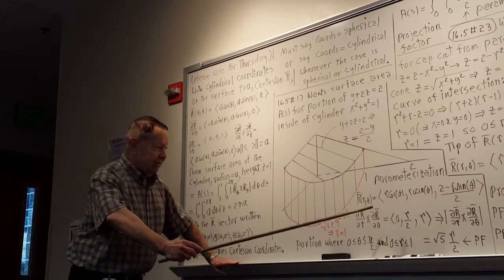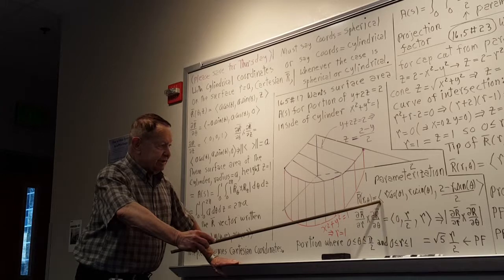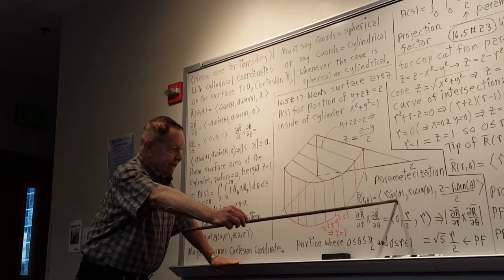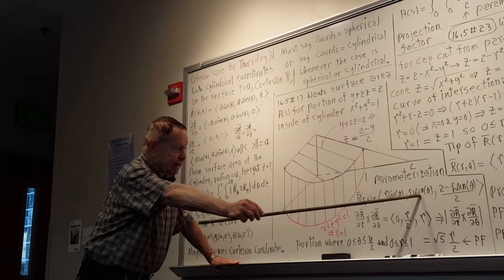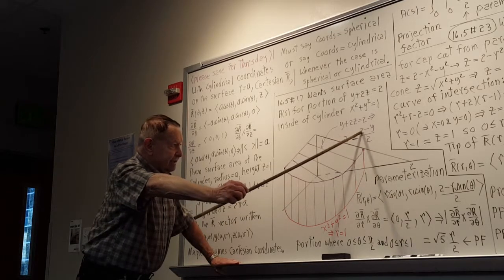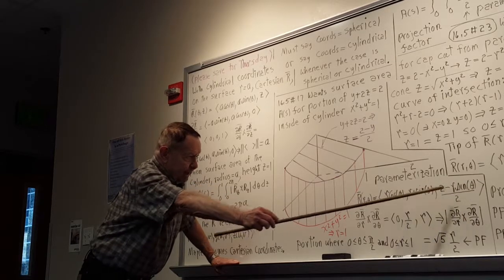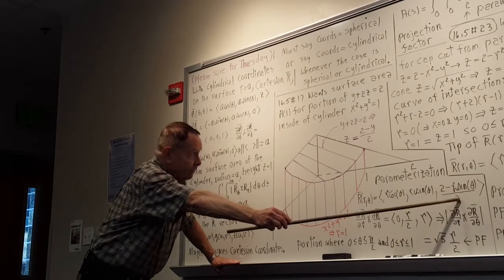So that's what I'm doing. I'm using a Cartesian type vector here. This is x, this is y, and then z is 2 minus y, which is the same y, over 2,